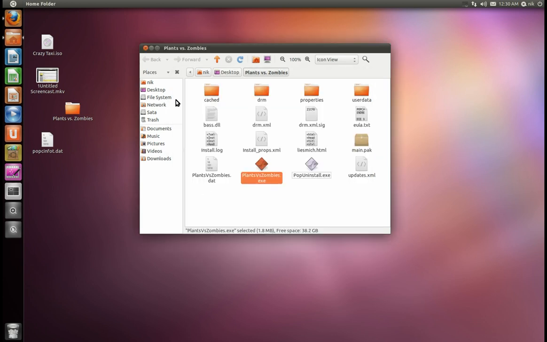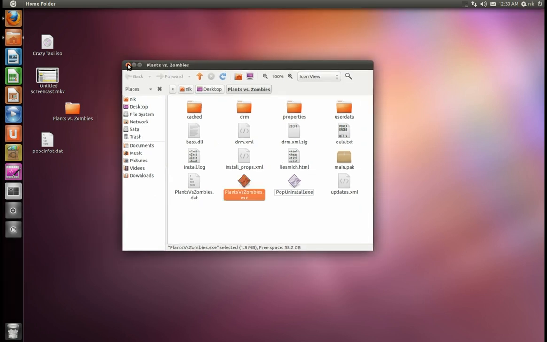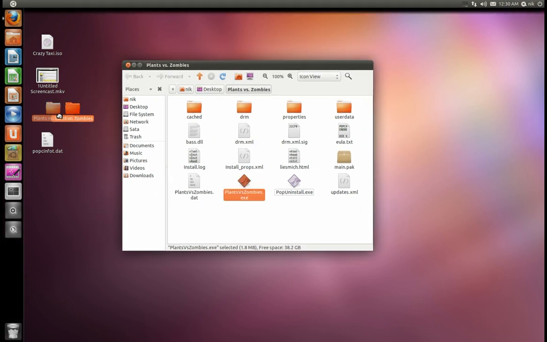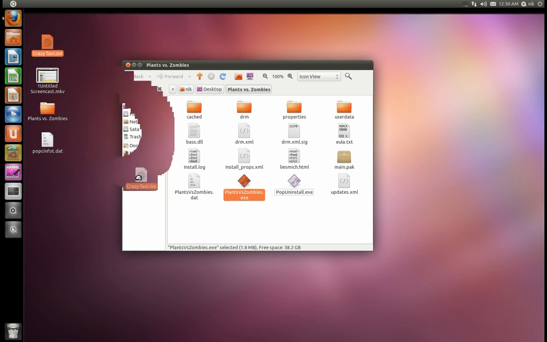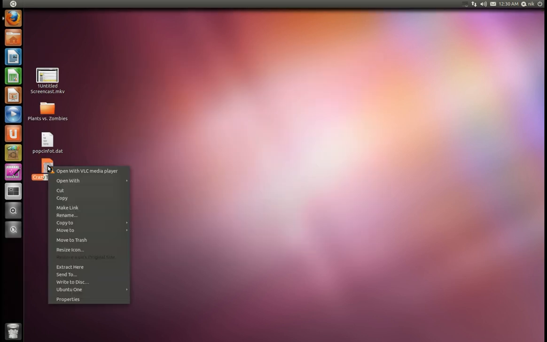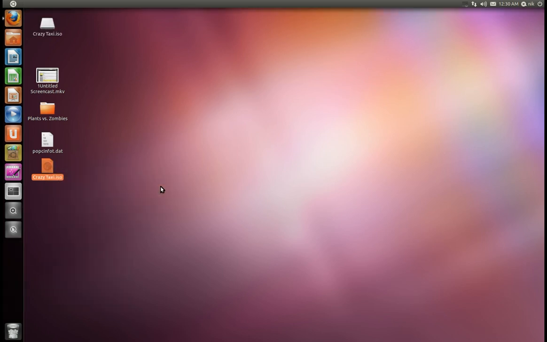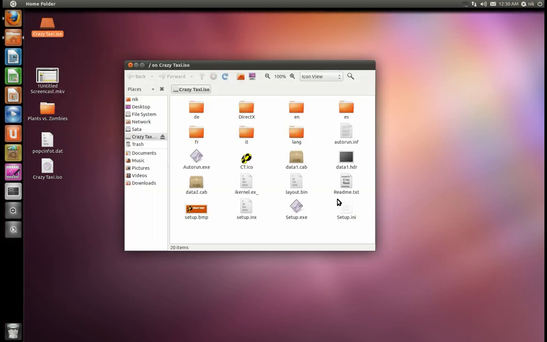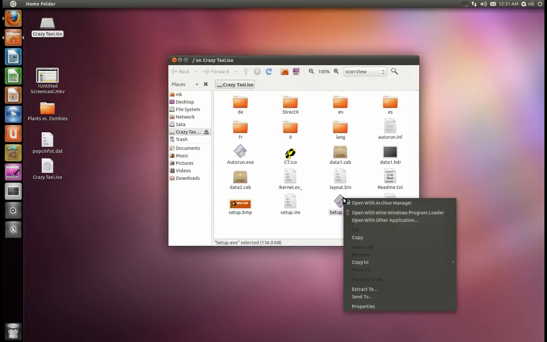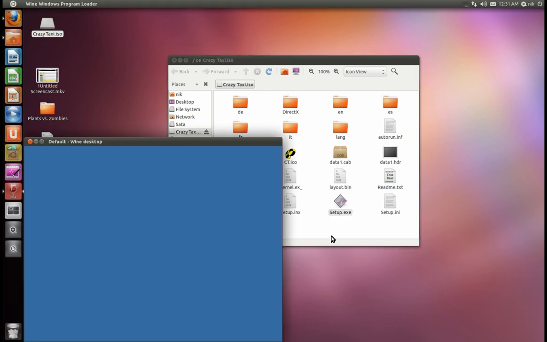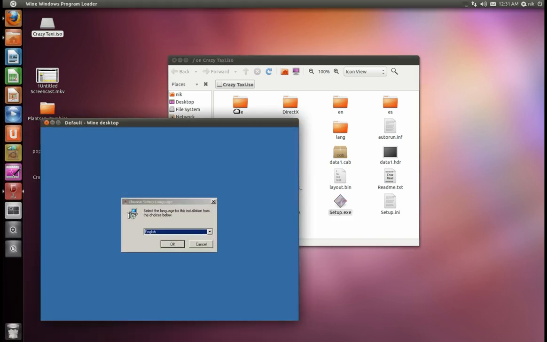Anyways, all right. So let's try. I don't have any CDs to show you, but I do have an ISO file of a game that I made a backup of. So let me go ahead and go to Archive Mounter. All right. Open it up. Usually when you do this with a CD, sometimes it'll work, sometimes it doesn't, right? So let me open up a Wine and press OK,